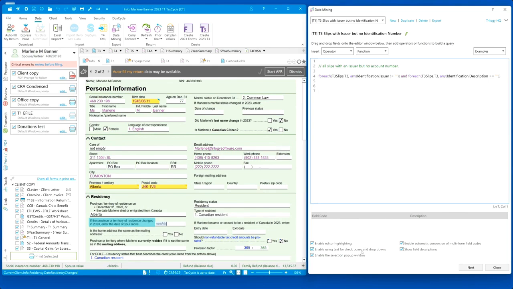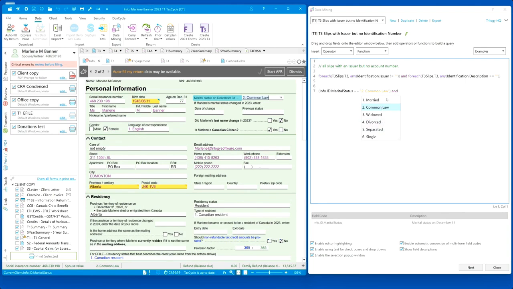Enable text for drop downs and so forth. So rather than having to type in the query window, you can simply go and find the field that you want. So for example, I'm going to pick a marital status, and you can just simply drag that over, and there we go. So with enable text for checkboxes and drop-downs enabled, the data mining tool has identified the field that you've dropped onto the query, and then it's actually given us a list here, if it's a drop-down list of